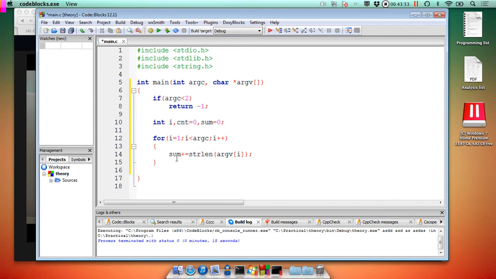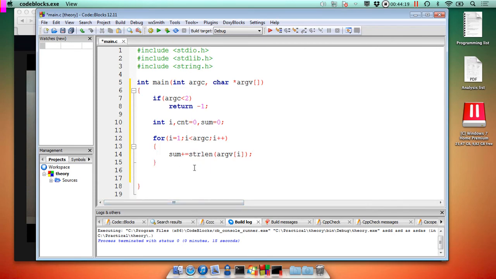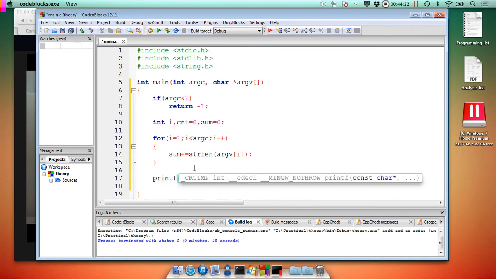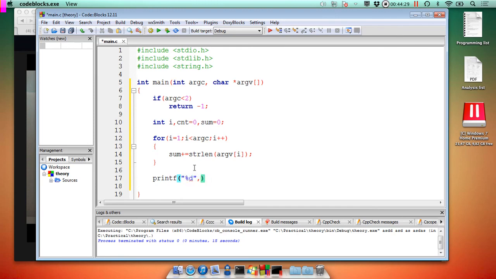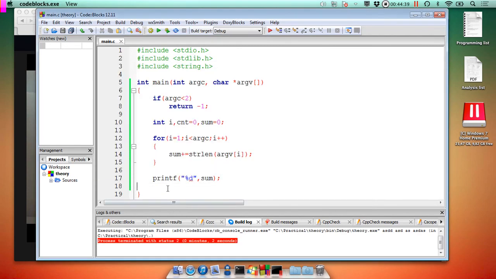So the sum will contain the combined length of parameters. So projects, programs, arguments, and this, well, this might be a good example. It should be 4 plus 3 is like 7, 8, 9, and then 9 plus 5 is 14. The sum should equal 14. So printf, let's print it out like there's no tomorrow. %d and sum. Let's print out sum, right? Okay, it should be 14 for now. 14, the combined length. Of course, return 0,